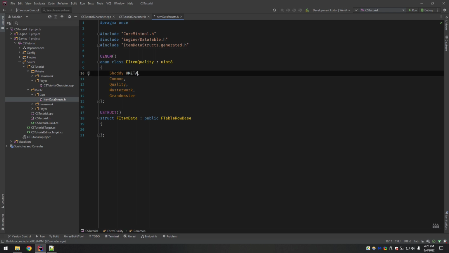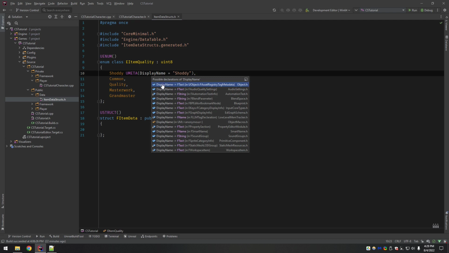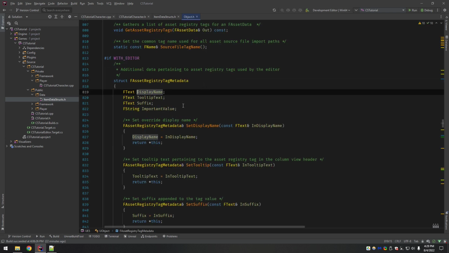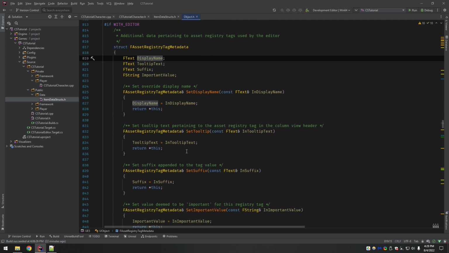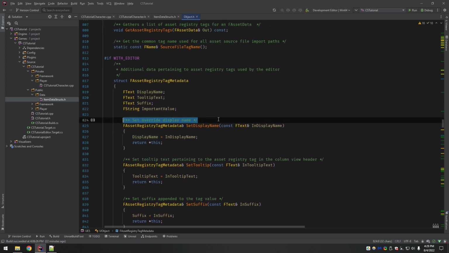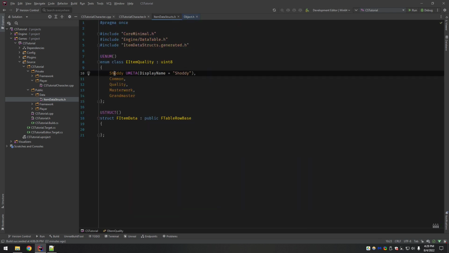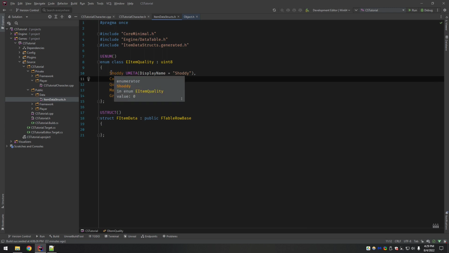You put UMETA, DisplayName equals, and then close paren, and now you can put in a name here. And if we actually go to this, see, it sets the override display name, and I believe what that's going to do is, say you had some kind of identifier here with numbers in it or something that was just a little bit ugly, and you want it to show up in the editor a different way.